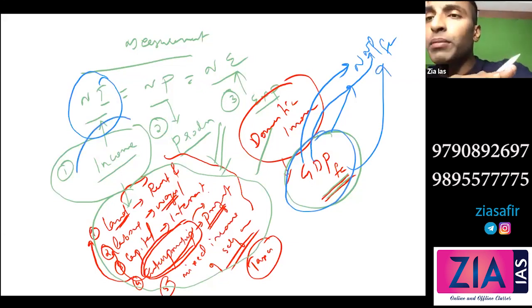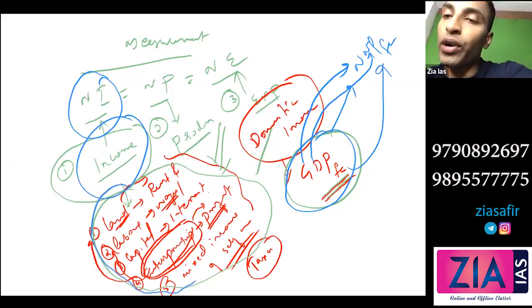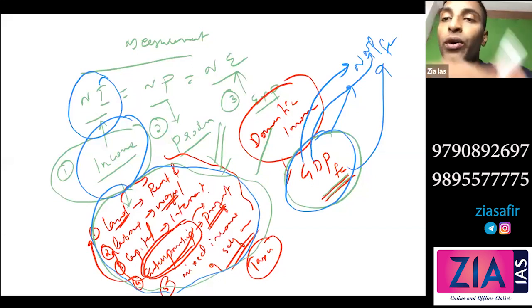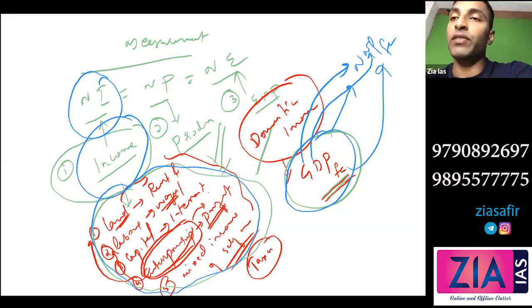That's the income method. So what we did in the income method is simply add all the possible incomes, and all incomes are only possible in these 5 ways. Is there any other possible way you can generate or make income? It will come under one of these, either wages or salaries. No way. So these are the only ways in which you can add value. So value addition will be the salary or the income. Clear now?